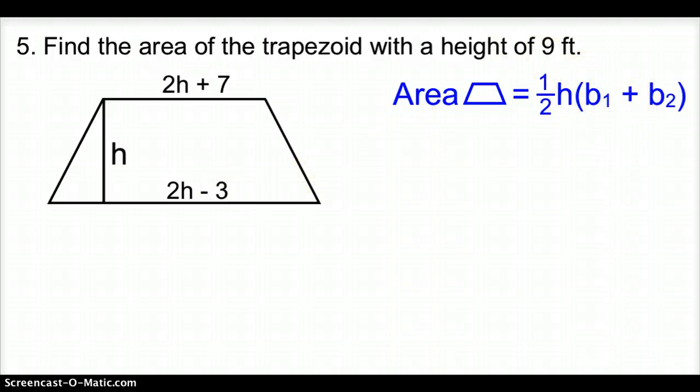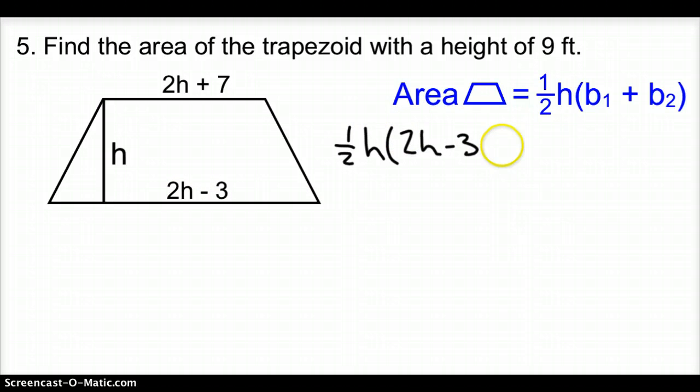And how do we do that? Well, I have 1/2, my h is h because that's the height, so it's 1/2 h. And now my base 1, I'm going to let this be my base 1, so it's going to be 2h minus 3, and then plus, this is going to be my base 2, so it's 2h plus 7,